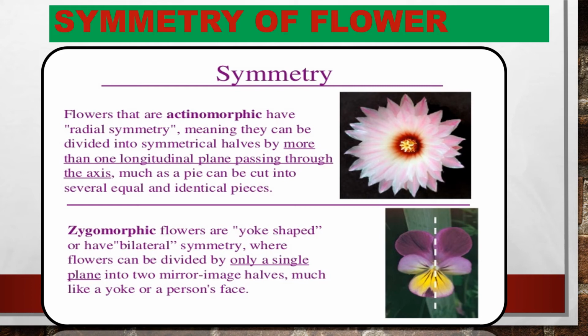Now what about zygomorphic flowers? Zygomorphic flowers are usually yoke shaped. Simply means they are bilateral in symmetry. That means if you cut the flower into two, only a single plane will give a piece of flower that possesses all the floral parts. Another piece won't possess all the floral parts. And you know that the floral parts include androecium, gynoecium, petals and sepals. One of the pieces of the flower would possess all these floral parts and the other will lack one or two of these floral parts. That's known to be zygomorphic flowers.